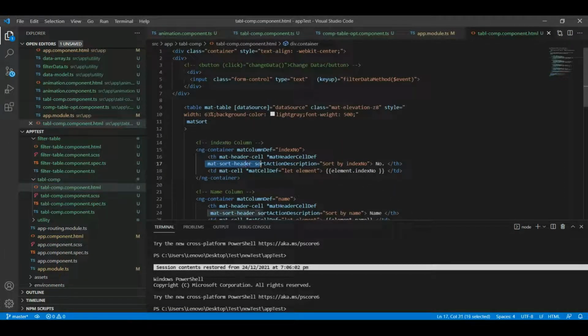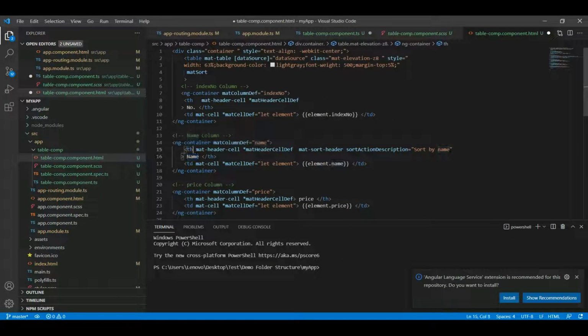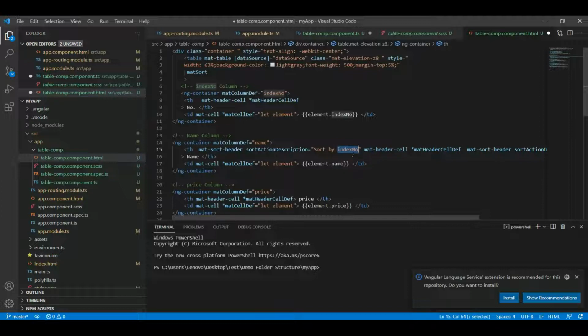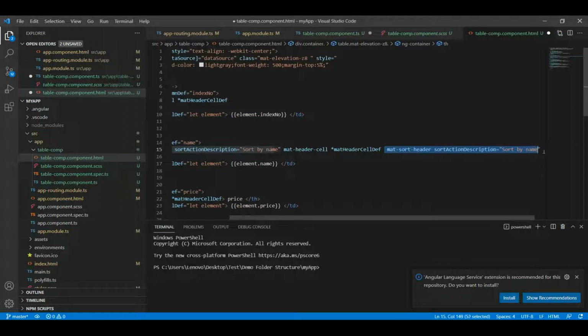Add matSortHeader and sort action description, whichever we want to mention over there. So here I am mentioning matSortHeader, and the sort description will be "Sort by name". I will remove this. Okay, it is already present over here.